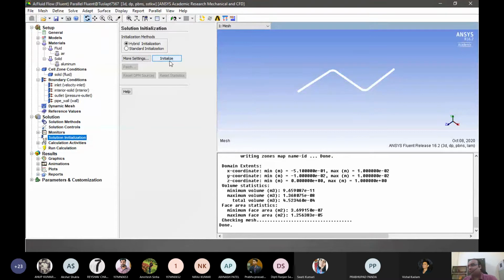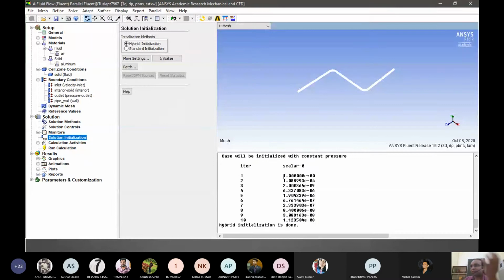And then the final step is to start the iterations, or start the calculations. How many iterations we want is again up to us. So let's keep it at 500. 500 iterations can be done. Now I think we have done too much. There can be a lot of confusion, so I will quickly summarize.